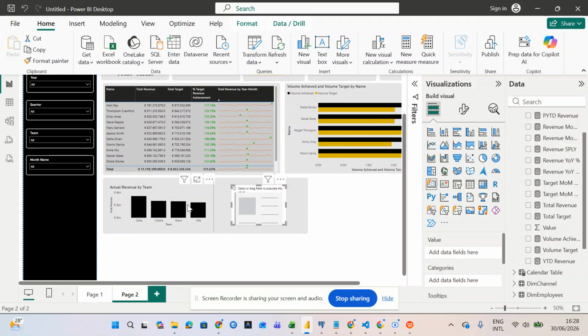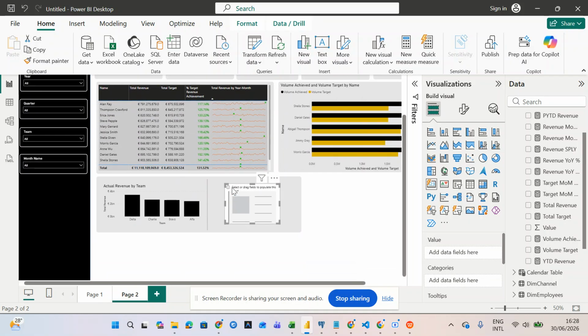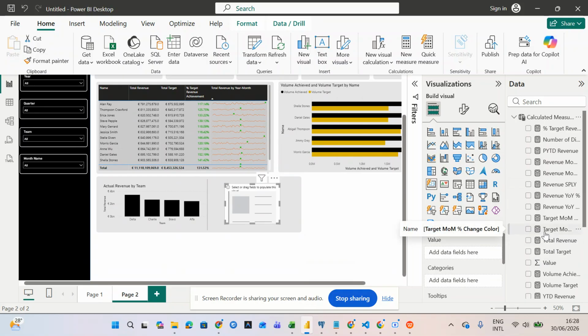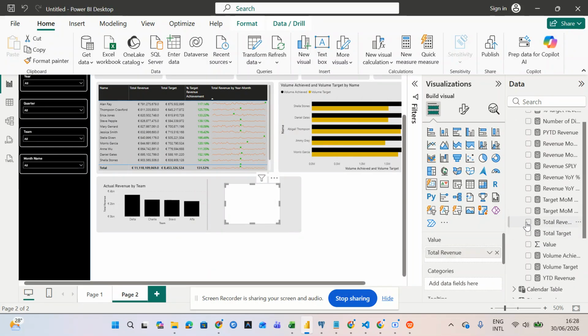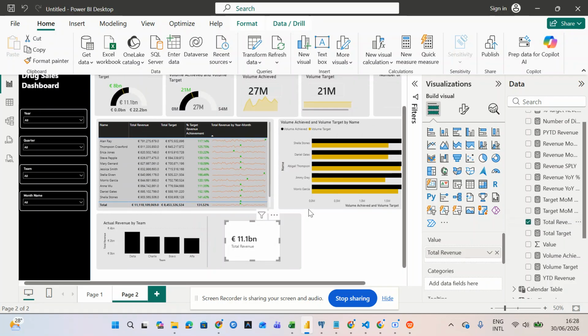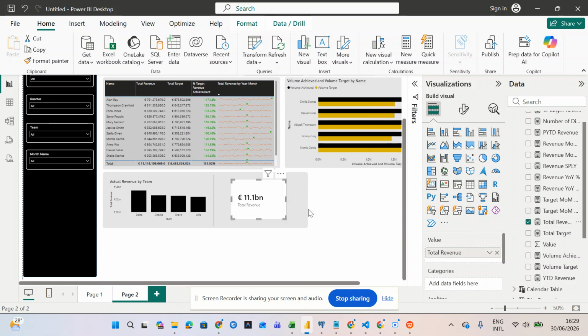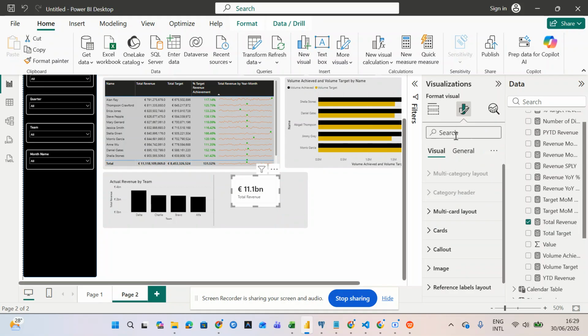So how many teams do we have in total? We've got four teams in total, right? So yeah, that's going to be the total revenue, right? And I'm going to turn off the label,